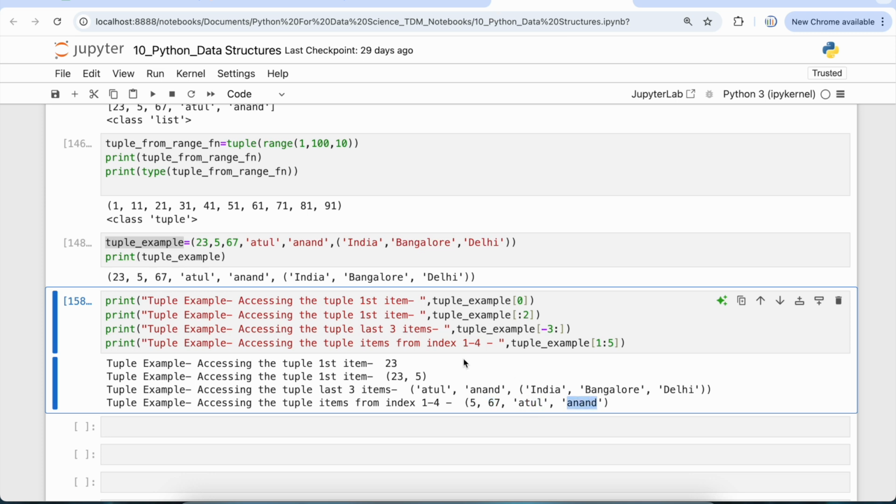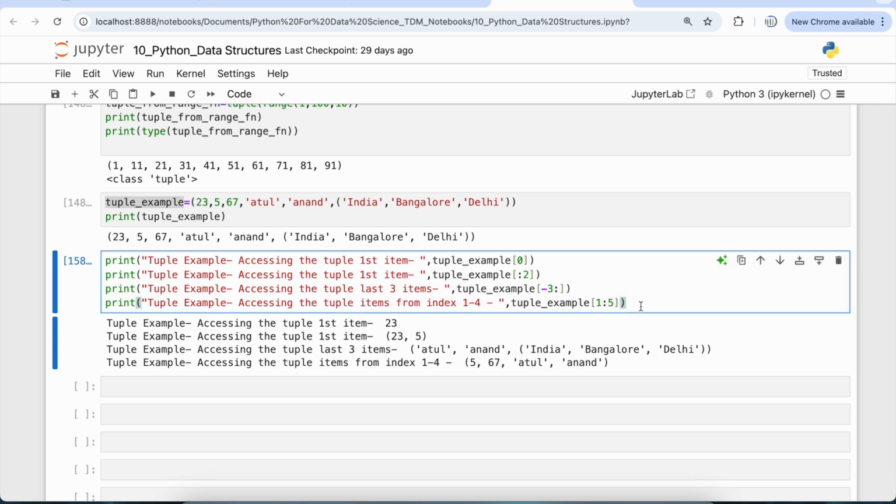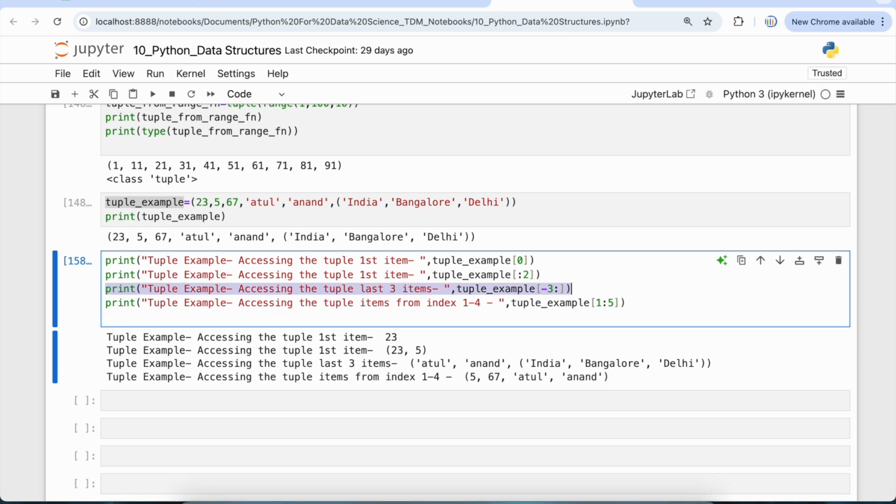One last thing that we want to do with the indexing part is that, let's say that we want all the items from index 3 till the last item. So if we have, let's say, 1000 items in the tuple and we want it from third index till the last index of the tuple, then how can we do that? We'll simply take this, put it over here, and write the description saying that accessing the tuple items from index 3 till last index, and then I'm simply going to put this tuple example start at 3, and